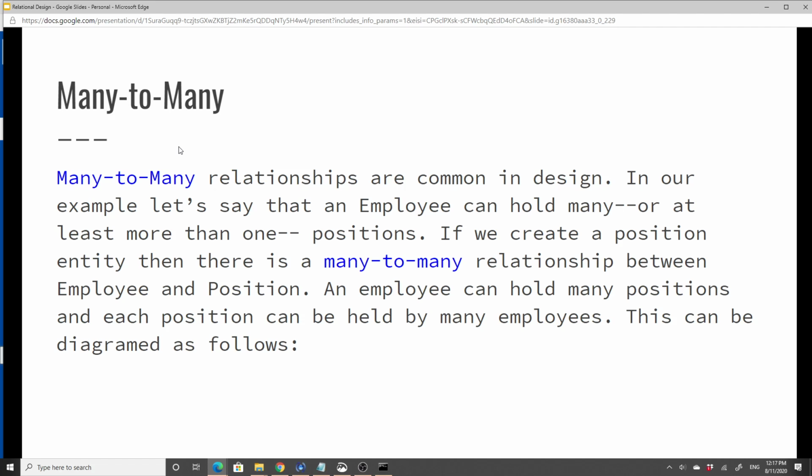Many-to-many. This is one of the more important parts. A many-to-many is where one record in an entity, or table, can be related to many positions, and one,